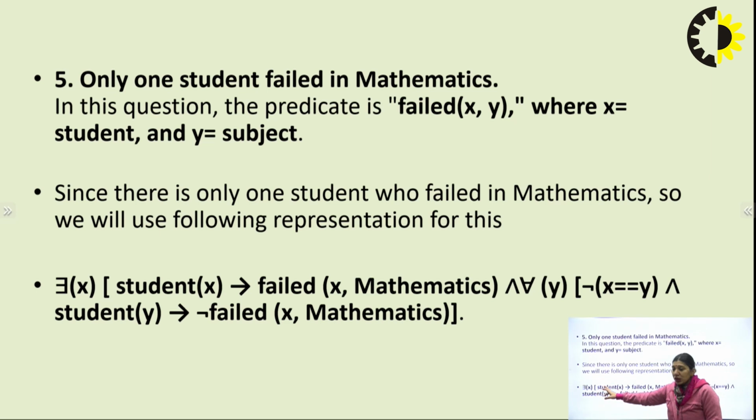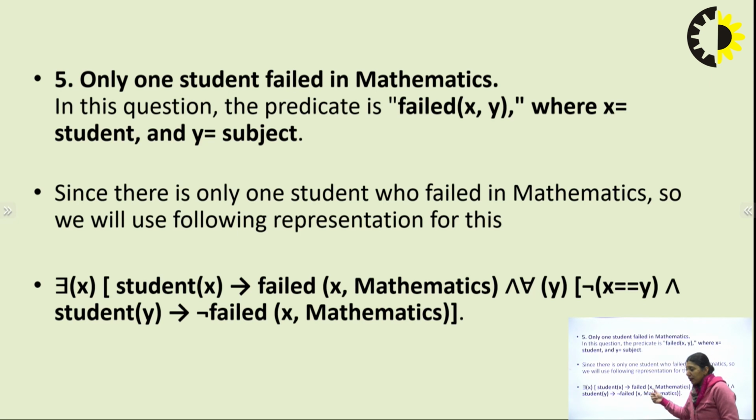So for some x, student x failed x comma mathematics, यानी कि हम बात कर रहे हैं क्योंकि हमने बात करी है मैथमेटिक्स क्योंकि हर कोई पढ़ रहा है, everyone is focusing on the subject. So that means अगर हम y की बात करते हैं, y हमने यहाँ मेंशन करा था, y is your subject, वो सबके लिए है. So for all y it is simply representing that x is equivalent to the y and student of y negation failed, क्योंकि आपका एक ही बच्चा फेल हुआ है, at least one student आपका फेल हुआ है x comma mathematics.